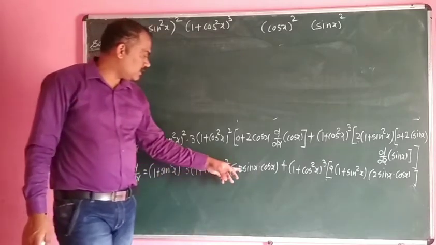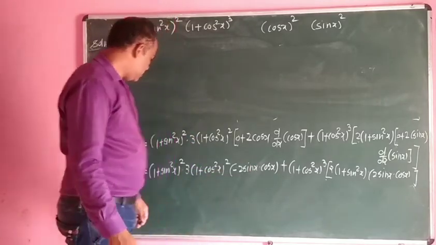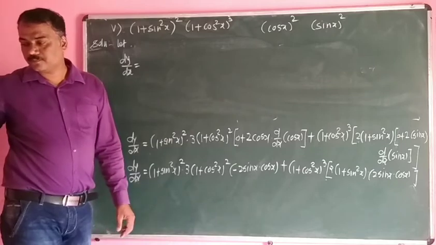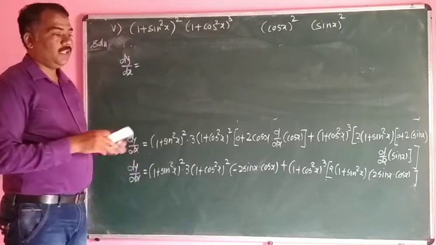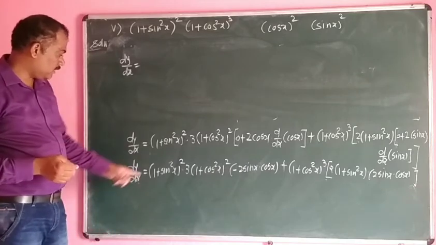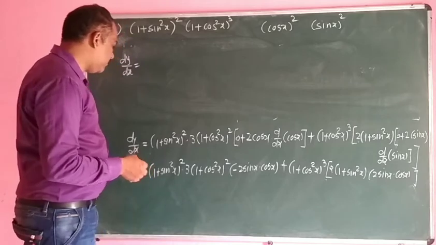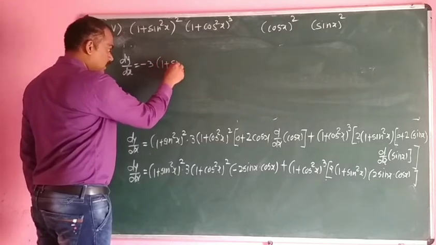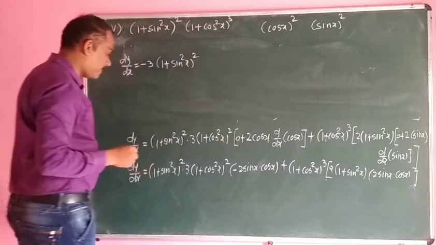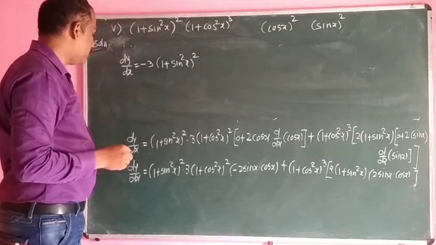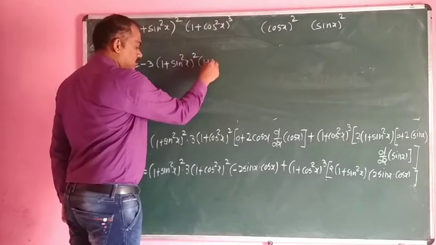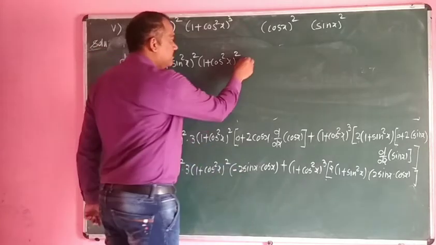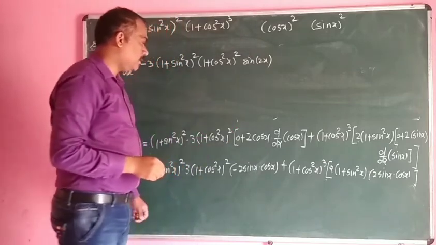Now we have to know the value of 2 times sin x into cos x, that is nothing but sin 2x, so that we can write dy by dx is equal to, what you have to get, this minus we have to take at the beginning, that is minus 3 into (1 plus sin square x) bracket square into this one, (1 plus cos square x) bracket square, 2 times sin x into cos x, nothing but the sin 2x. Okay, plus